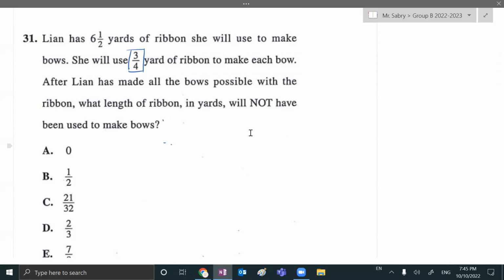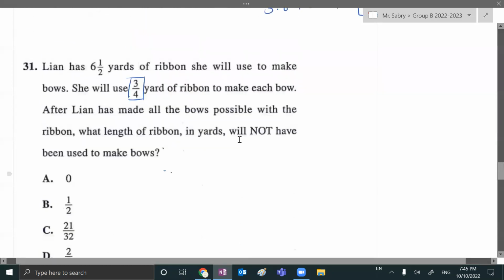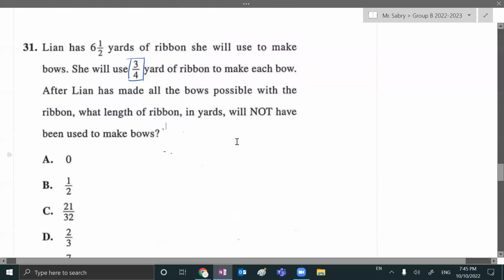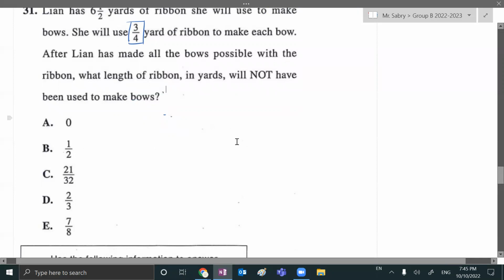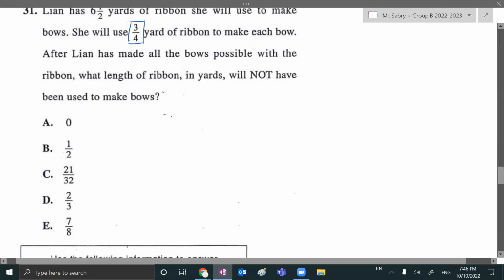So 6.5. 3 over 4 half. 21 over 32, and that's... What's 21 over 32? It's 0.06, 2 over 3, 0.6, 7 over 8,